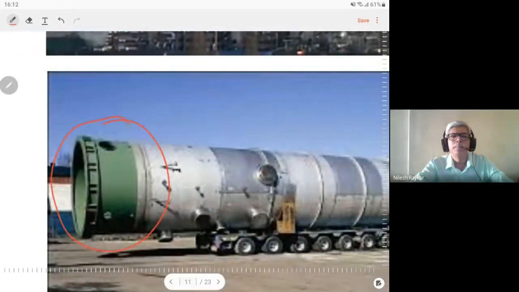The green part is the skirt support, and at the bottom of the skirt support, what you see is the base ring. The base ring will always have a base plate, which later on in the calculations we have considered. So this is the base plate. And you may have additional reinforcement in case the loads are very high, then you may have some kind of brackets and a top ring. If the loads are very high, then you will have the top ring in addition to the base plate at the bottom of the skirt support.